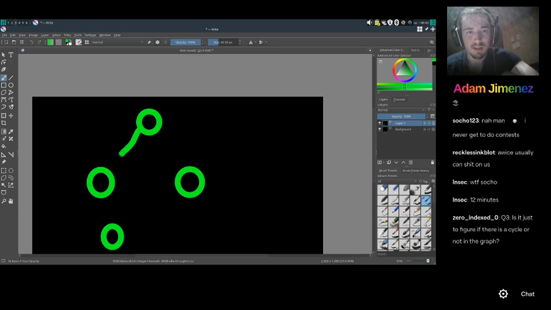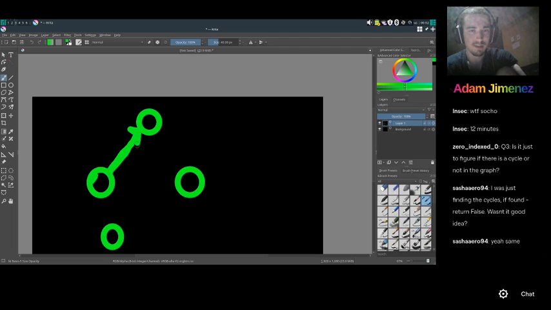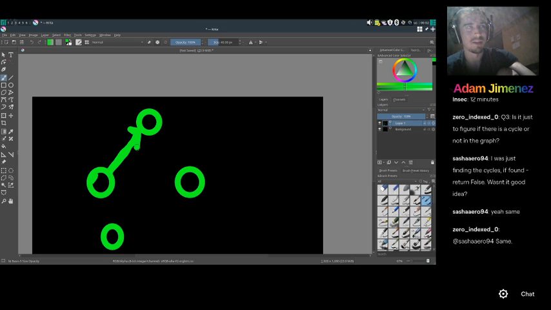When we explore this node right here, if you look at this neighbor, the root node, you can know that it has been seen, but you don't know by which node it has been seen or in which way it has been seen. Because let's say you have a diamond like this, you explore the root, but then you go around and explore it again by the other side.